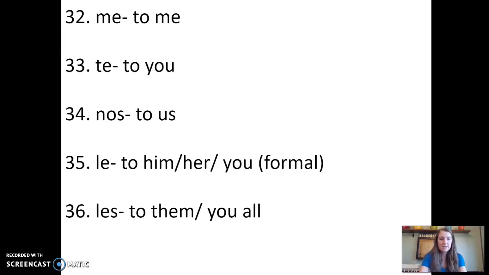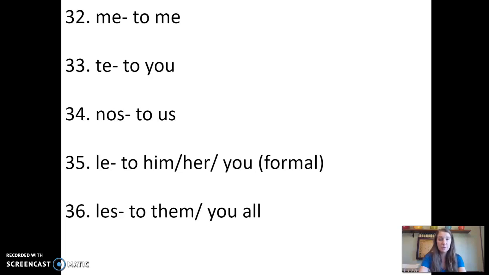All right, me, te, nos, le, les. These are object pronouns, and you don't have to worry too much about these, but you will see them in this chapter. There goes the trash truck. You will see them in this chapter, so it's good to know what they mean. So, me means to me, te means to you, nos, sort of like nosotros, means us, right? Us. Le has a couple different meanings. So to him, to her, or to you, formal, kind of like usted,